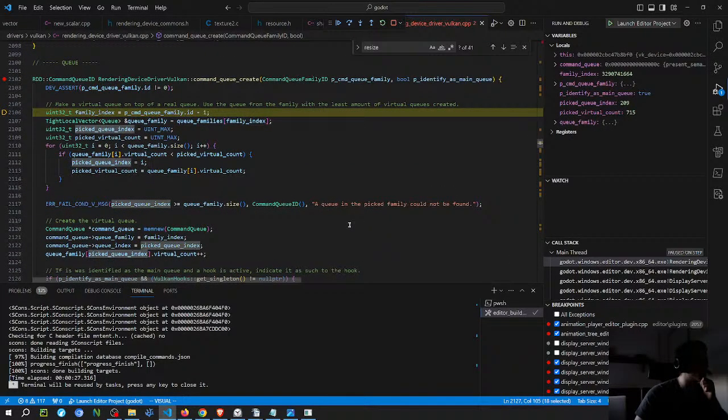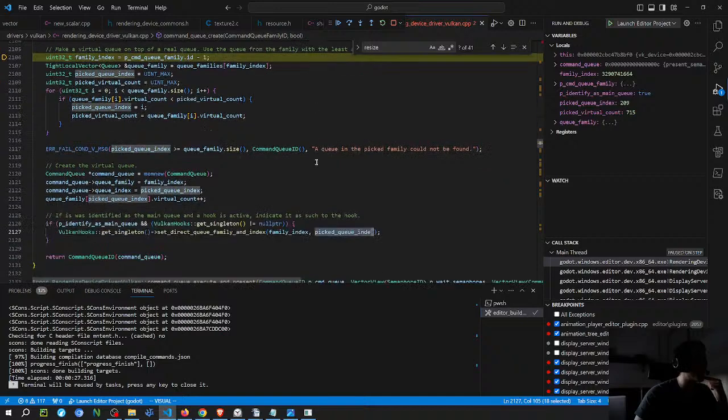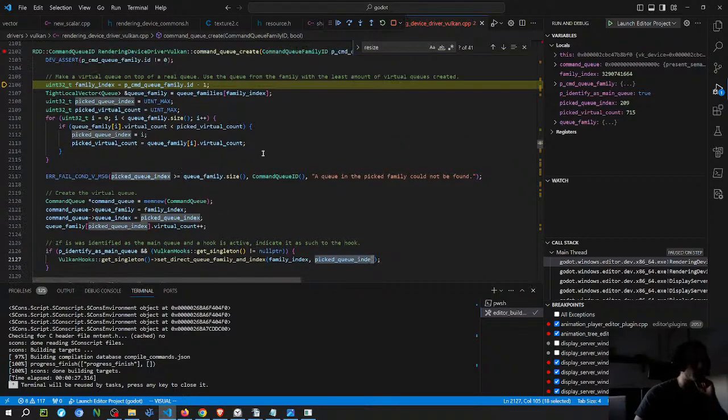It's not actually any member variable of the rendering device. It's just using rendering device driver to initialize the things on Vulkan, and then it initializes the struct inside of the